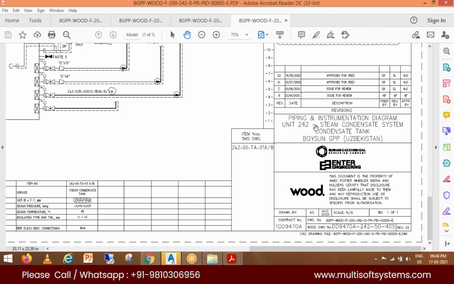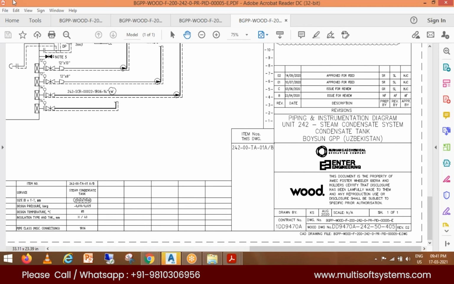No. Okay, so there are two things basically in each and every P&ID, that is the title block and the revision block. Title block and revision block. Currently at the bottom, if you see the title block, and on top of it there is a revision block like this. Now, what kind of information will this title block cover? So, in a single word, it contains metadata. What do you call it? Metadata, which will